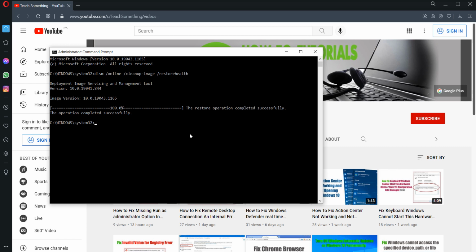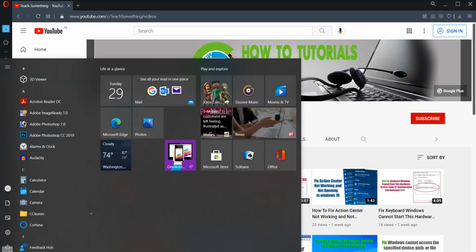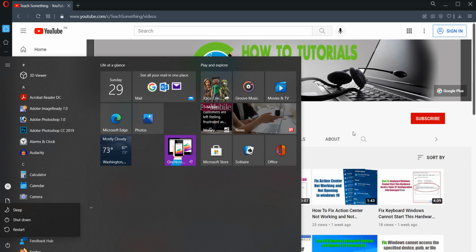Okay guys, after completing that, type exit and exit the command prompt. After doing this, restart your computer, and I'm sure that after doing this your problem is fixed. But if your problem is still there, then you can